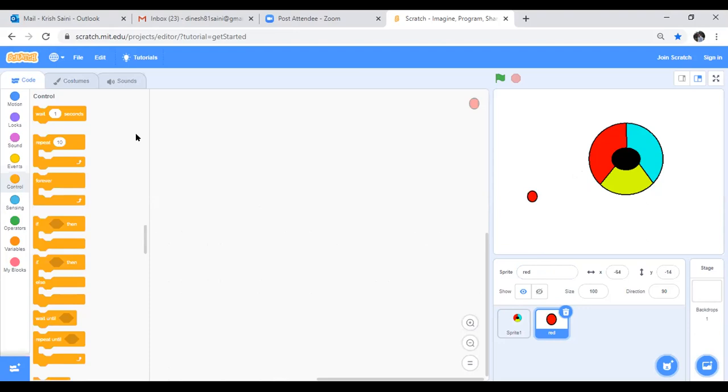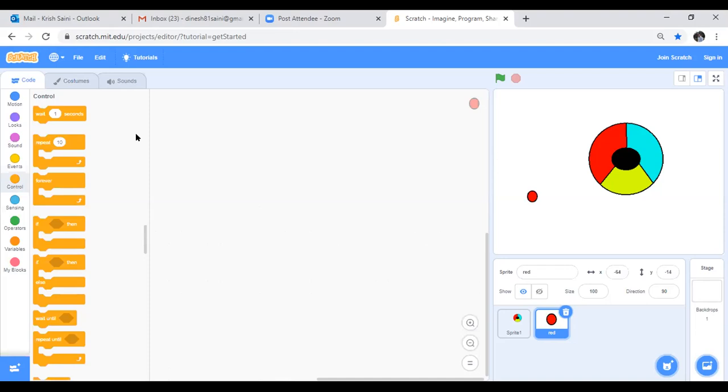We can continue. Sir, one second, I'm drawing the circle. Sir, mine is smaller.